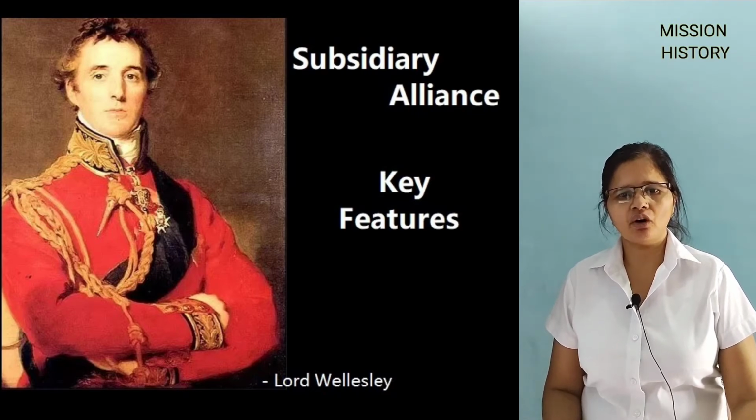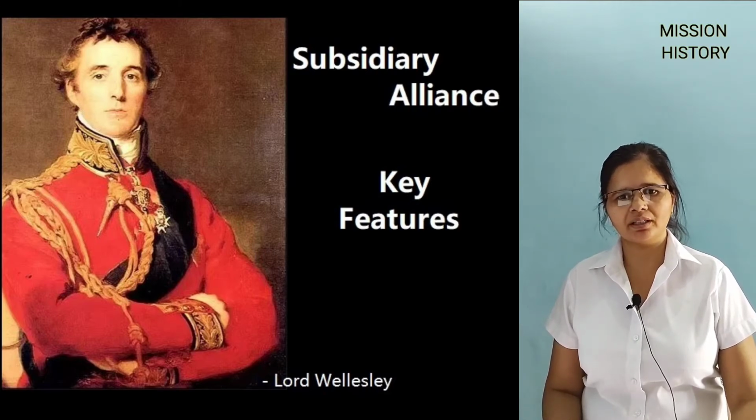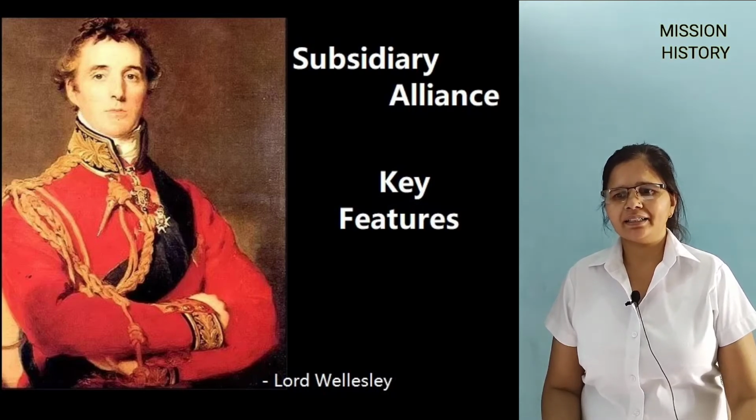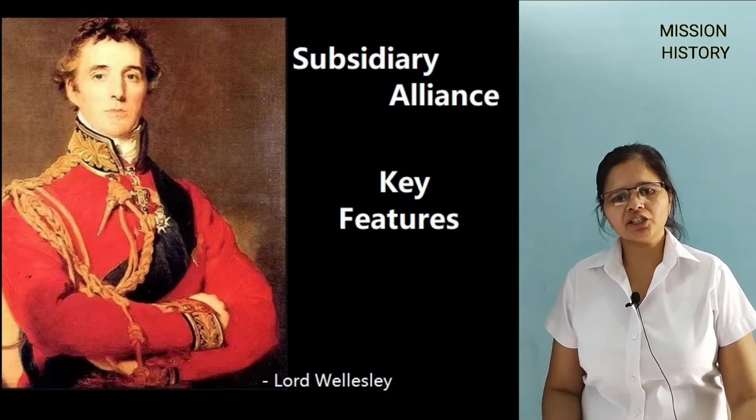Next, a British officer known as resident would be appointed in his court. The ruler would not negotiate with any other rulers or any other powers without prior consent from the Governor General. He would not employ any European in his service without getting approval from the British. This point was added to counter the influence of the French, who were the enemies of the British East India Company. The British would protect the state from any external attack or internal revolts.